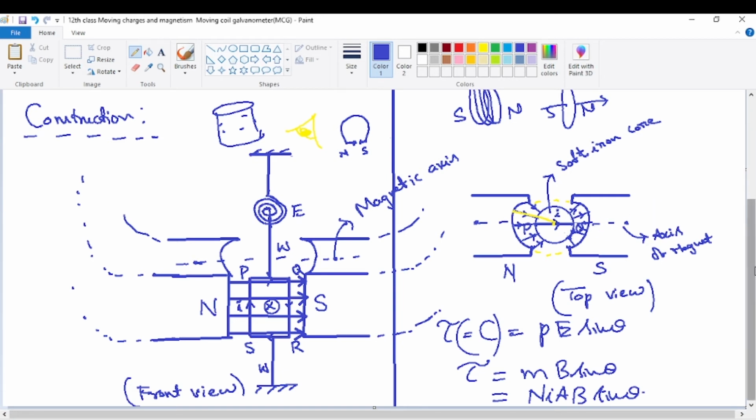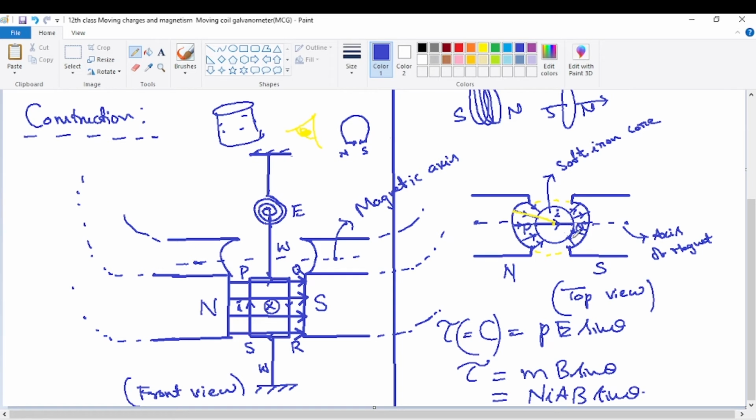Then how will the diagram be? The diagram looks exactly like this. I'll just show the diagram. So this was the initial diagram. Now what I'll do is show it after deflection, that is what is important. The breadth PQ represents the entire plane of the coil, because from the top view we can't see the entire rectangular plane of the coil, only the top side, the breadth side PQ, will be seen. The entire coil, as we see from the top, will be hidden below the breadth PQ.